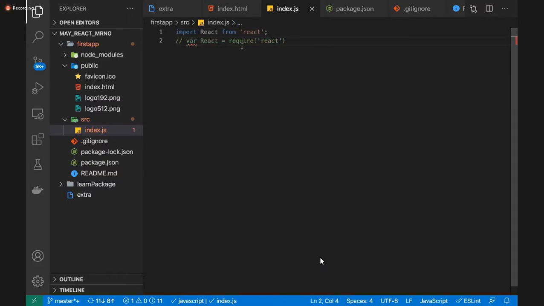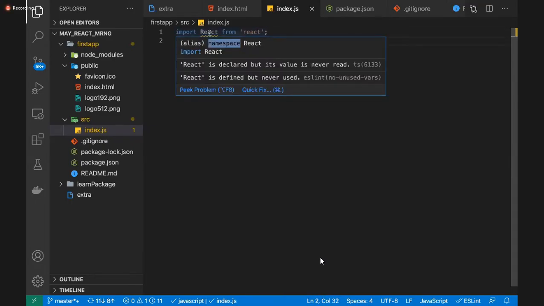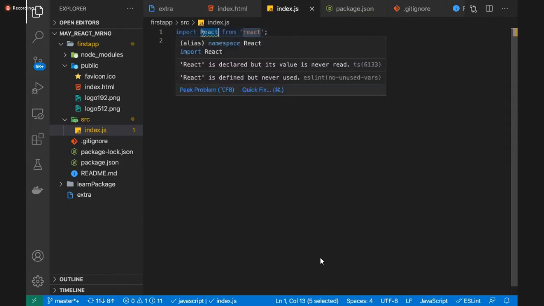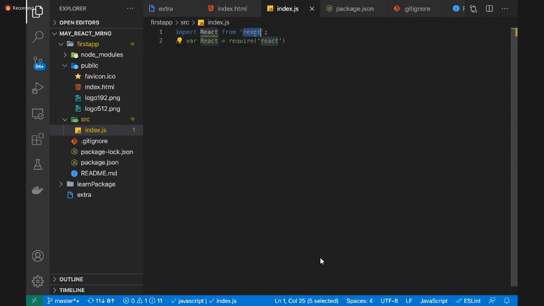Both are okay. This is the ES6 syntax. This is the ES5 syntax. Here, what exactly happened is, guys, we are saying that we are importing React from the library React. And why are we importing? Because I want to use the functionality of that. As I have to use the functionality of that, I have to import it. So first we have to import React from React.